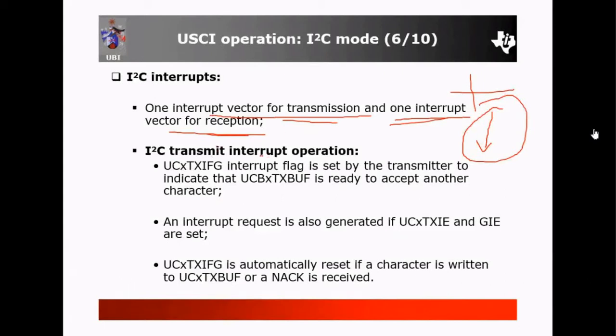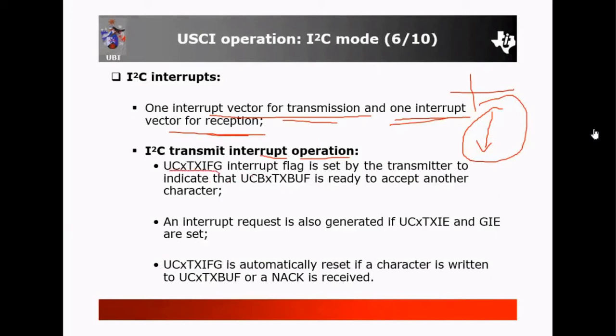Now the I2C transmit interrupt operation. First I will see the I2C transmit interrupt operation and then the I2C receive interrupt operation. It means that the interrupt can occur at the transmitter end or at the receiver end. So when it occurs at the transmitter end, what will happen?